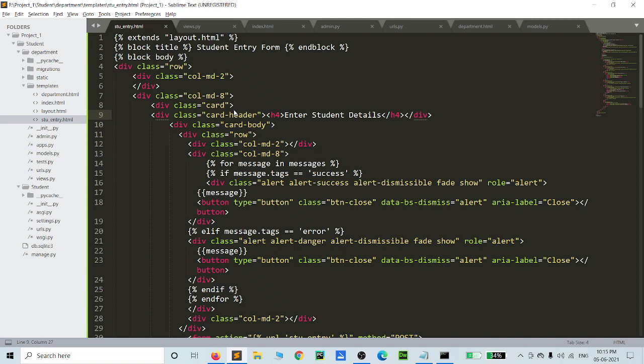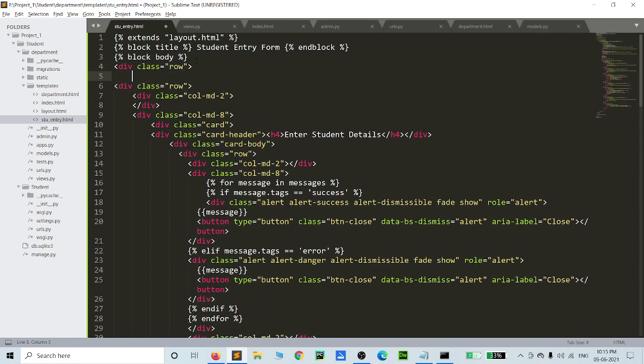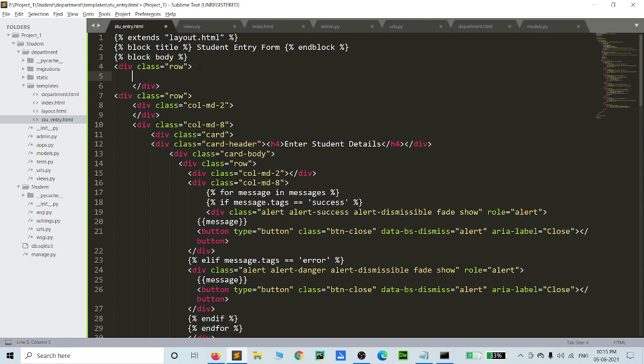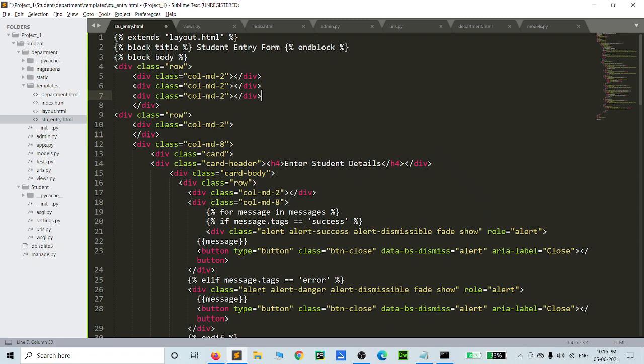the header section here. Okay, so here you can create div class row, then div class column md-2. Okay, copied, then paste here, then we can change it to 8.